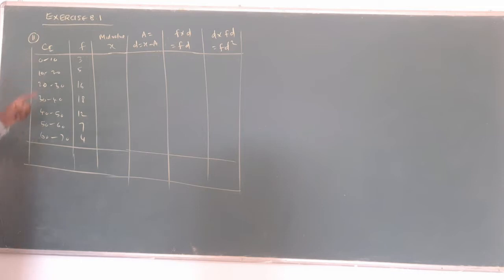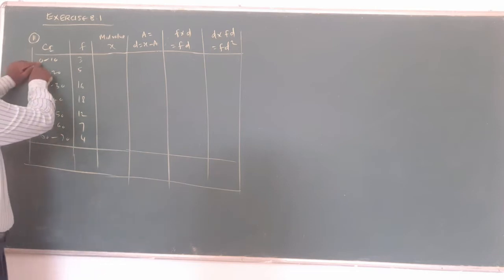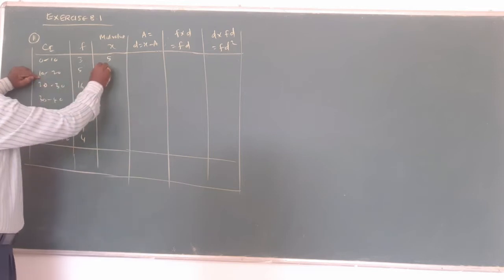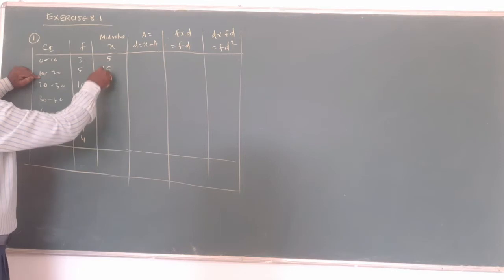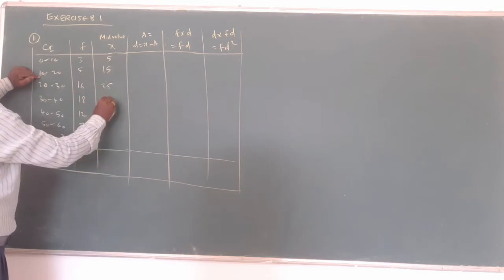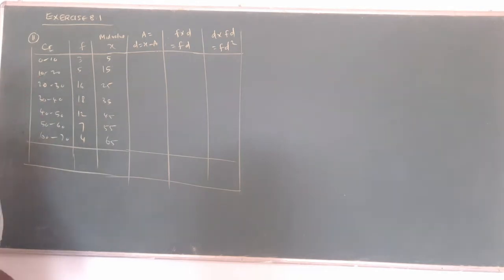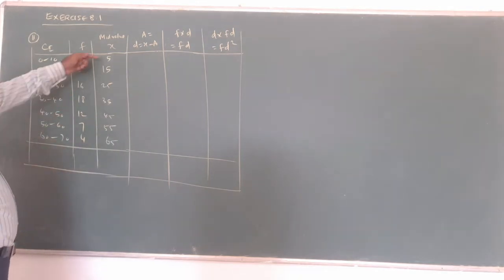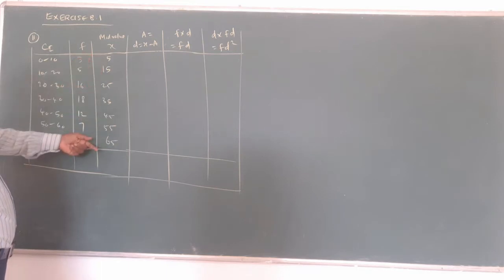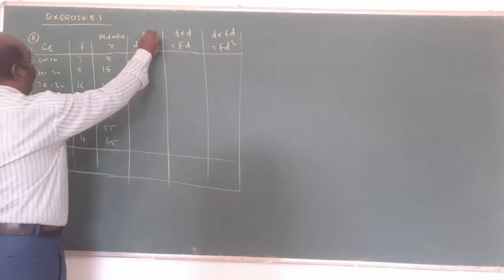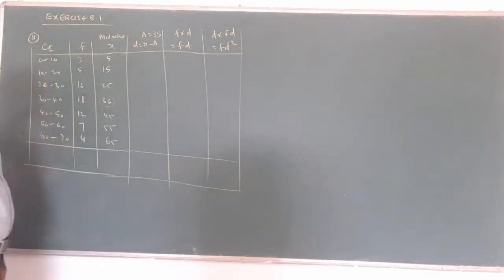Now, from the class interval, you will find the mid value. Mid value is what? 0 plus 10, 10 divided by 2 is 5. 10 plus 20, 30 by 2 is 15. All the numbers are in this way. Next numbers 25, 35, 45, 55, 65. Over. Now, 7 numbers are there. The middlemost number is what? 35. Our A is 35.